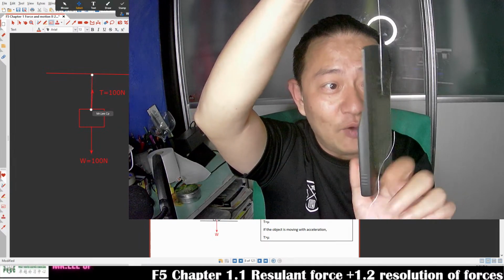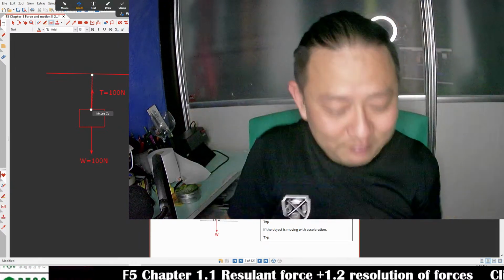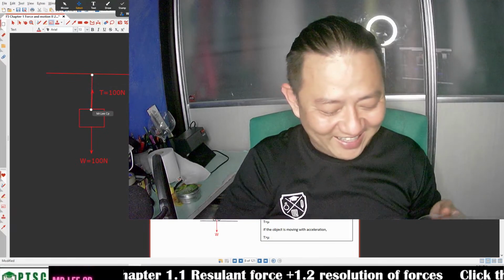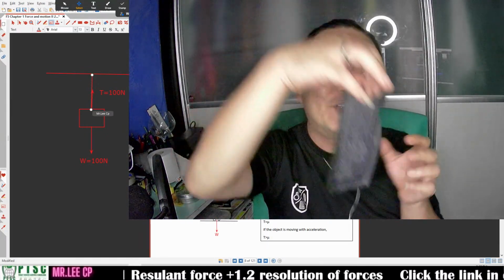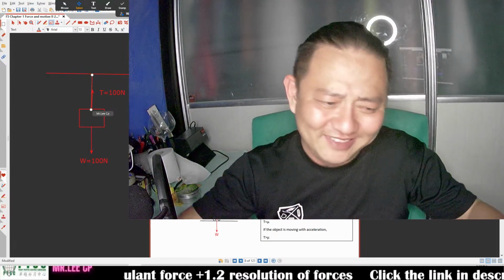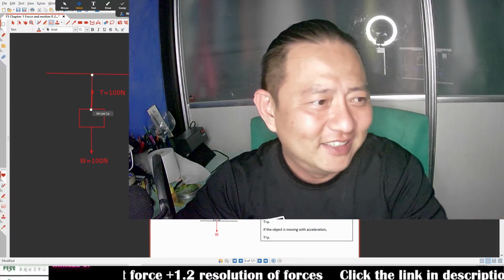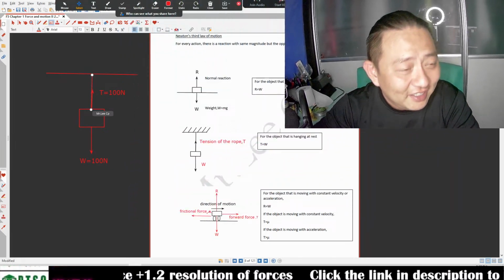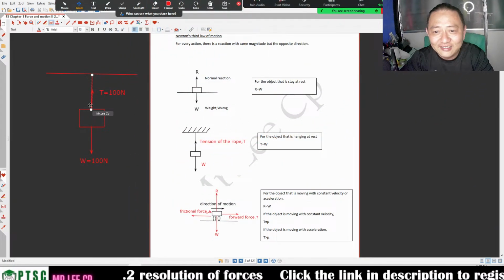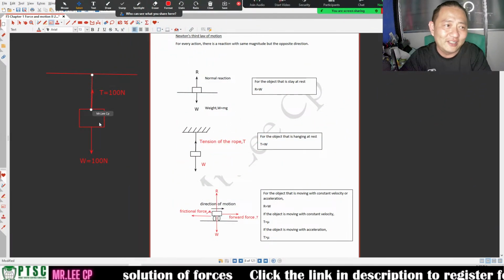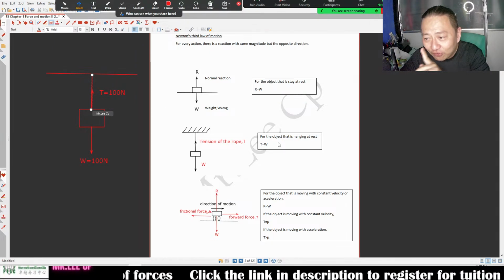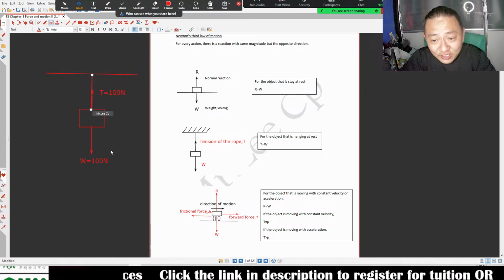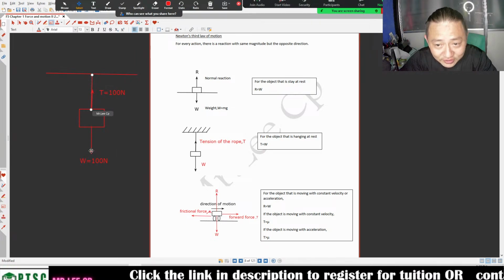If this one now cannot tahan, putus already. Right? The weight too big, then it cannot support. If too big, then putus lah. Like just now, putus lah. This one too big, cannot tahan, then putus. Right? So now if it is not moving, just now like not moving, so the weight going down, it is